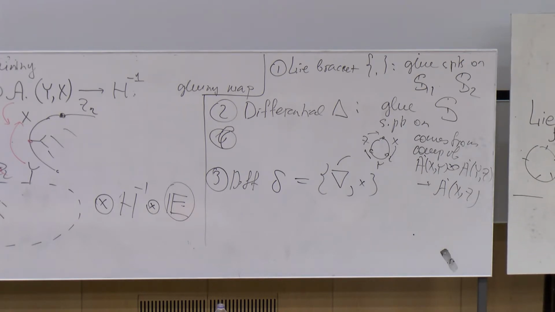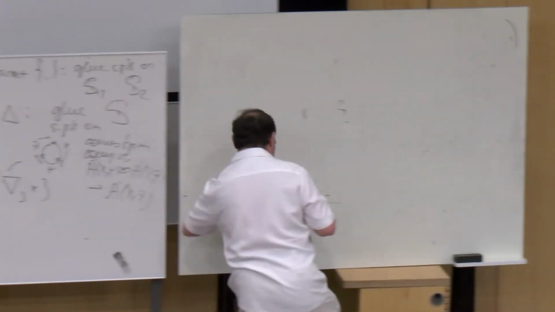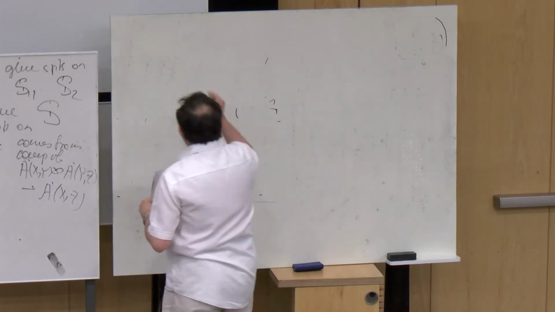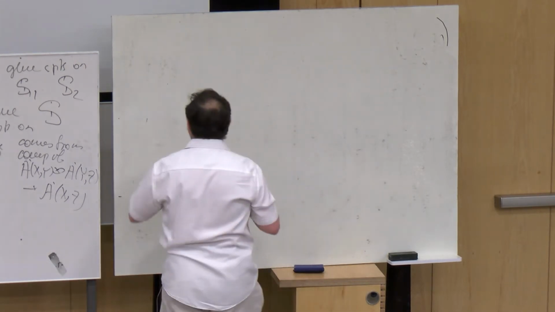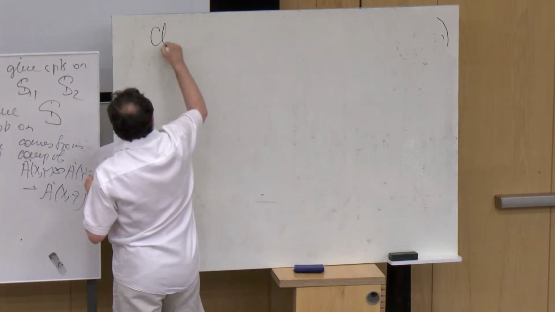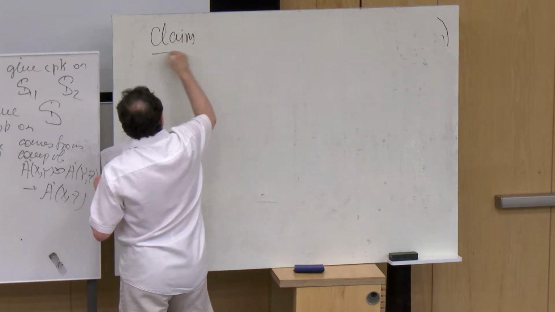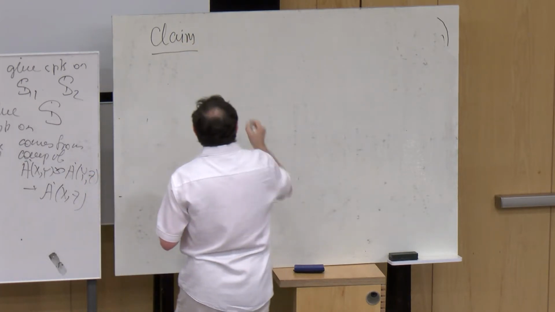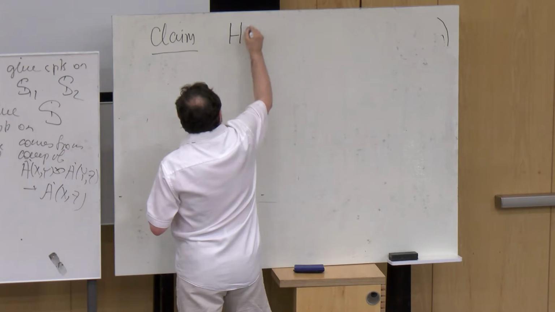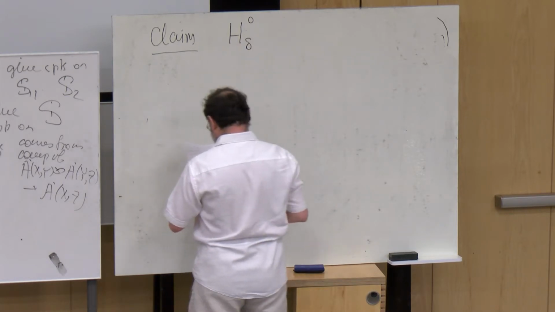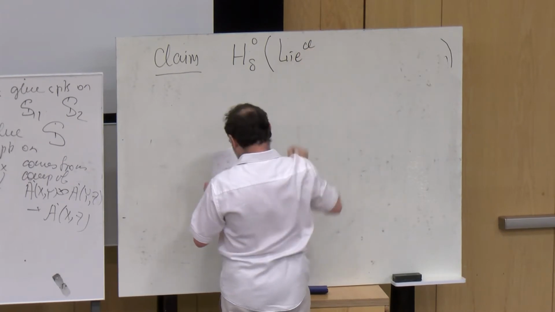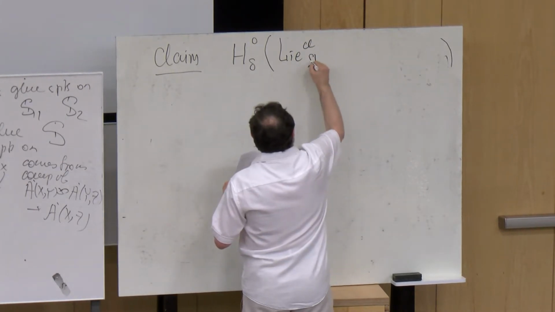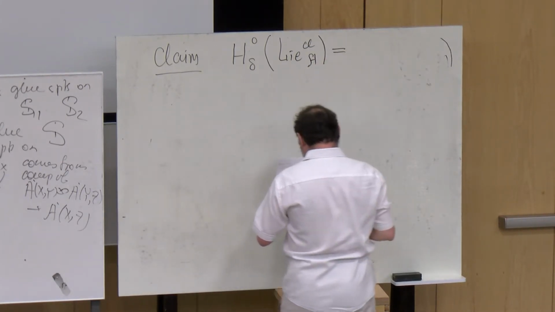Okay. Now there's a statement. That's a claim which explains what is going to happen. I don't think it's going to happen now, but it was planned to happen. That if you consider H0 delta of this classical Lie algebra, the one which corresponds to disks assigned to A, this is just identified,